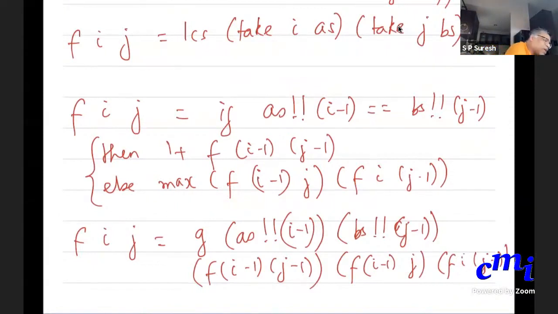What is g? I'll write g in a small letter somewhere here.